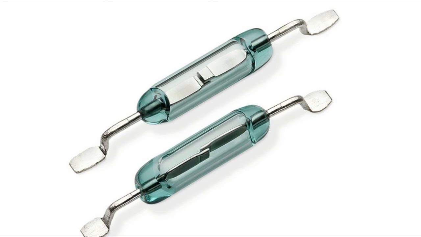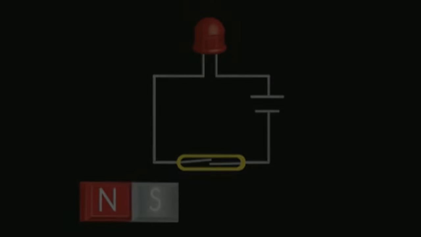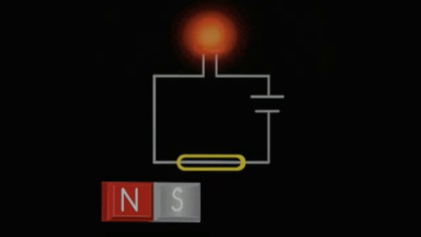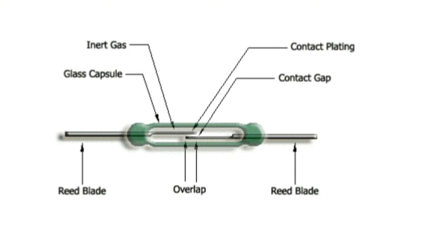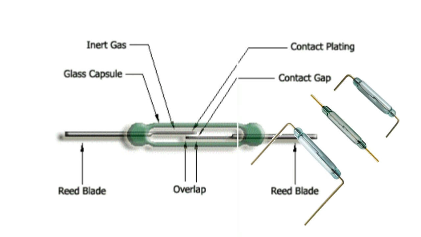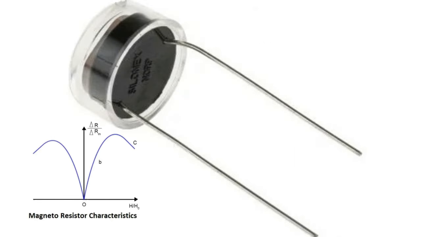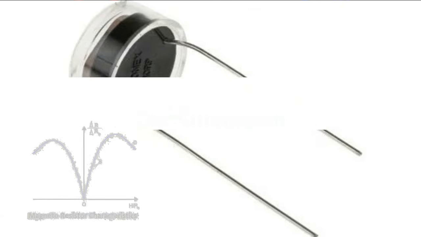Reed switches are a special kind of electrical switch, actuated, turned on and off or changeover by magnetism. The most common type features two thin, flexible, ferromagnetic metal wires or blades, the reeds, positioned slightly apart in a hermetically sealed glass bubble. Unlike MDR, which has a wider resistance range, reed switches only